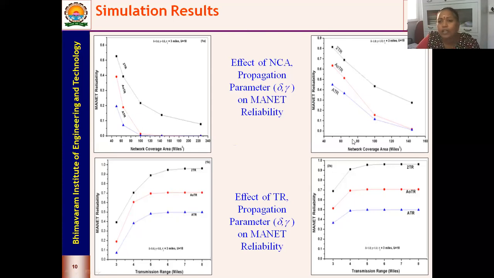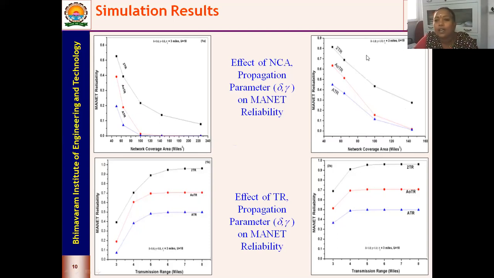And now coming into the second graph. So, second graph, you can see that here I have taken delta is 1 and gamma is also equal to 1, Rj is equal to 3 miles and U is equal to 18 nodes. So compare these two. What do you understand?